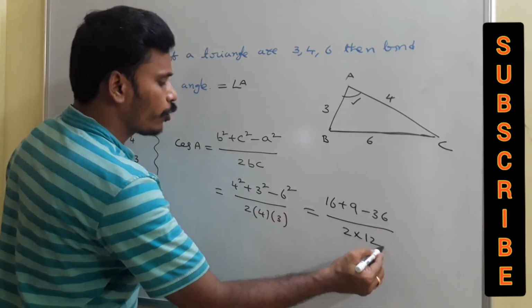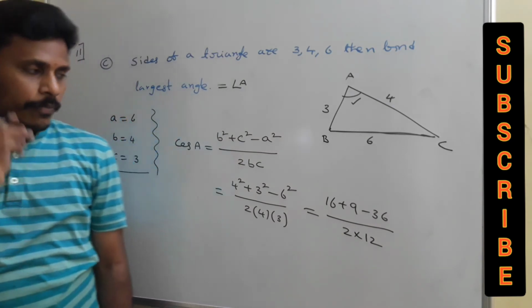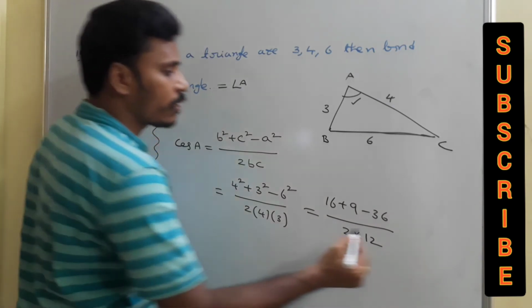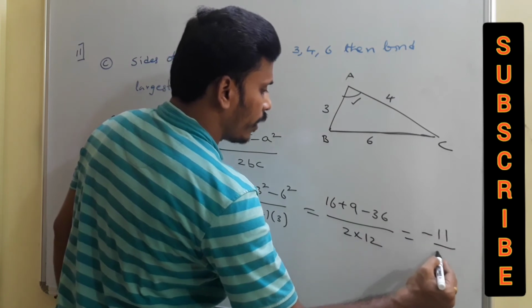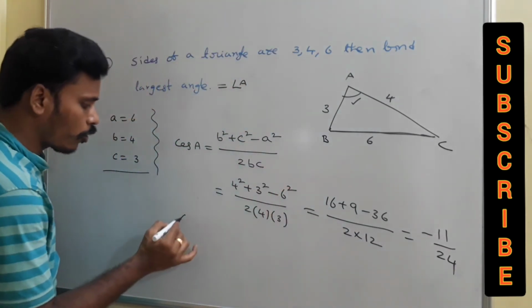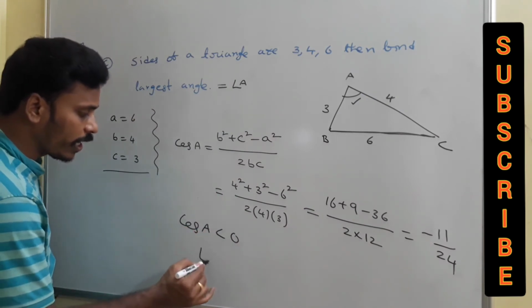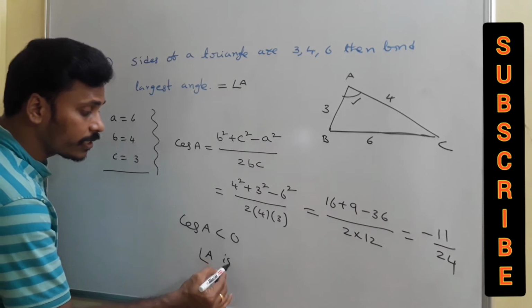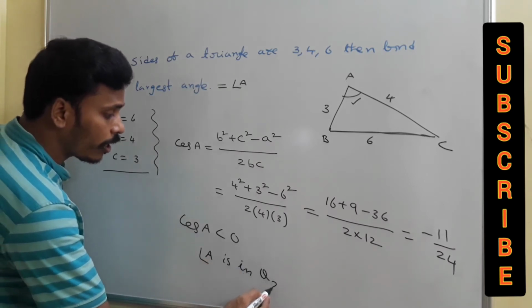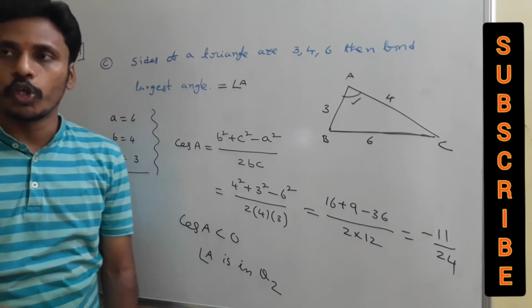You just take it as 2 into 12. And 16 plus 9 is how much? 25. And 25 minus 36 is minus 11 by 24. Cos A is minus 11 by 24, and cos A is negative here. Since cos A is negative, angle A is in the second quadrant. Okay, because in the second quadrant cos is negative, and that's why we say that angle A is obtuse, and that's